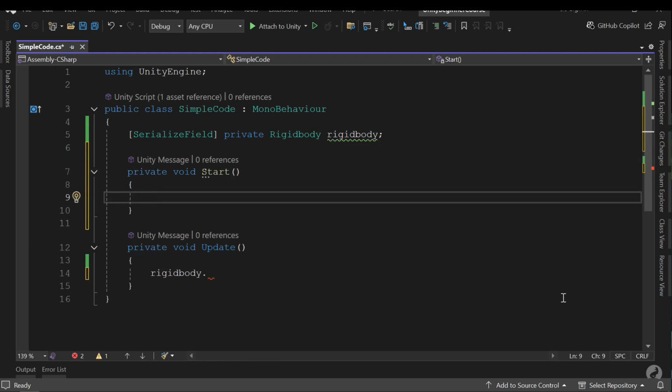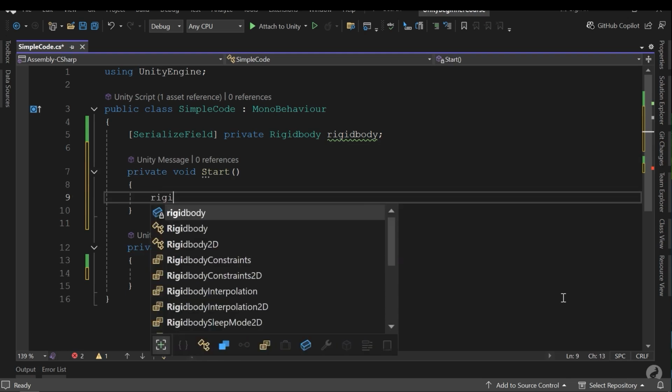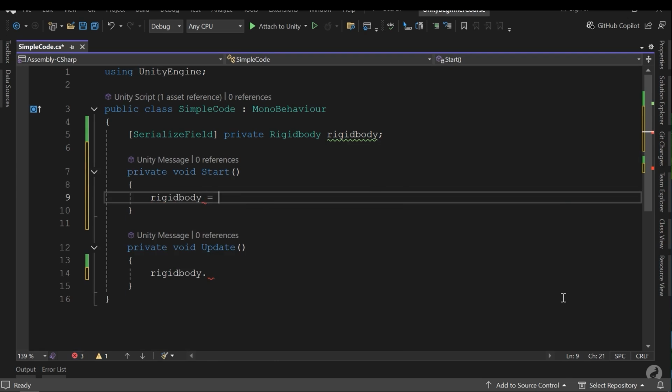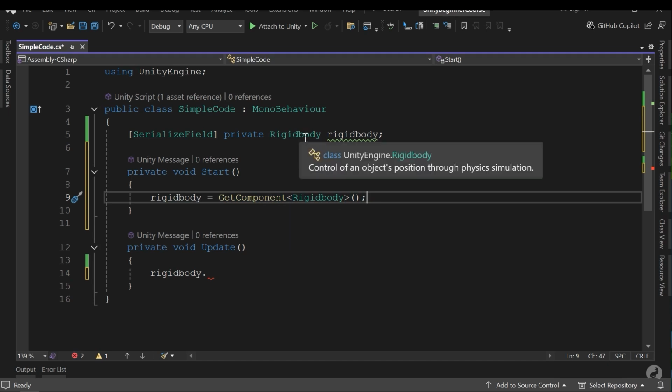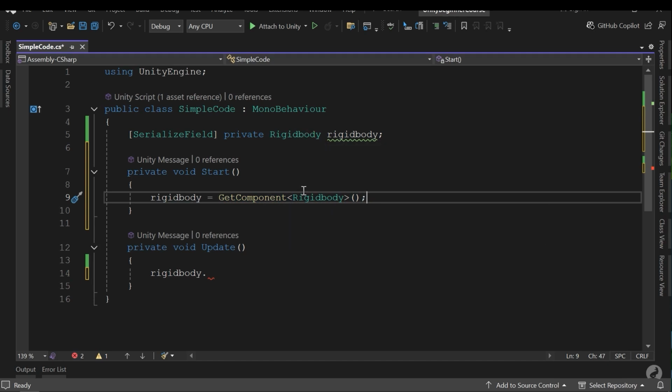We worked with Awake a lot. We can fill the rigidbody with a specific method, GetComponent. GetComponent will get a specific component with a type you specify inside these two signs, and we need to get the Rigidbody. We need to type a specific class, a class we want to get from the current game object, and call the method. We will get the Rigidbody component attached to the current game object. Alright,